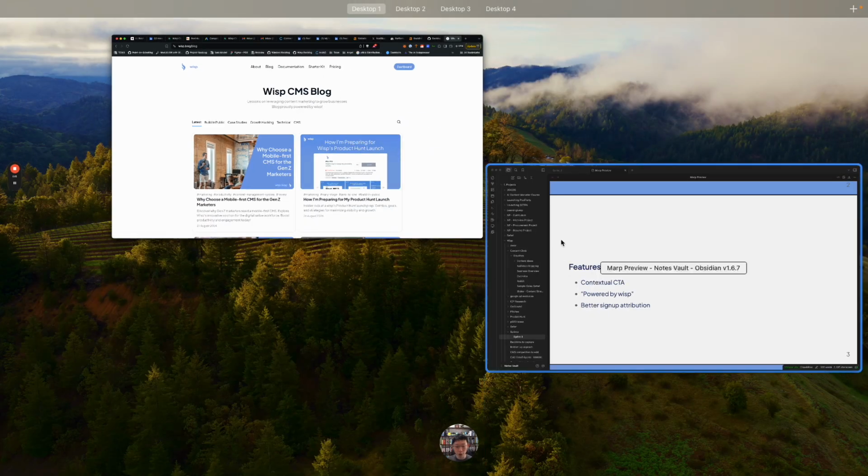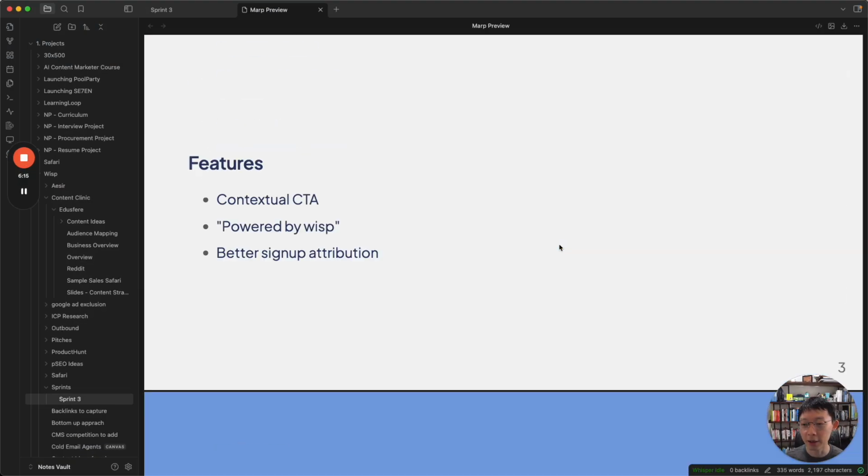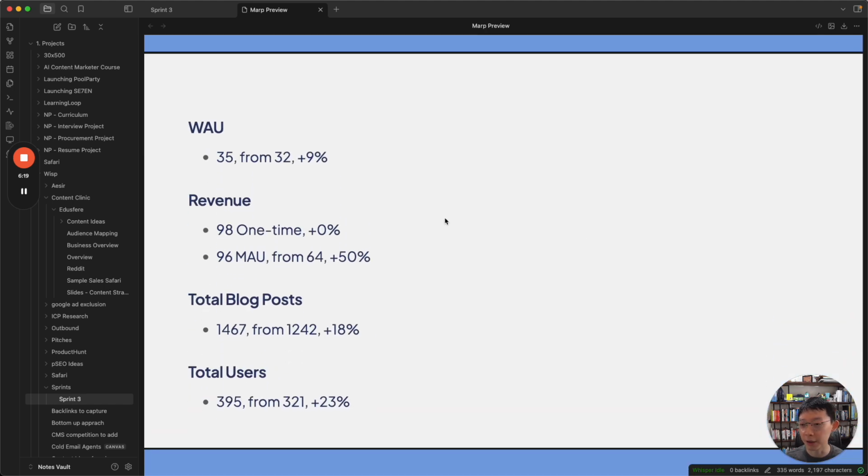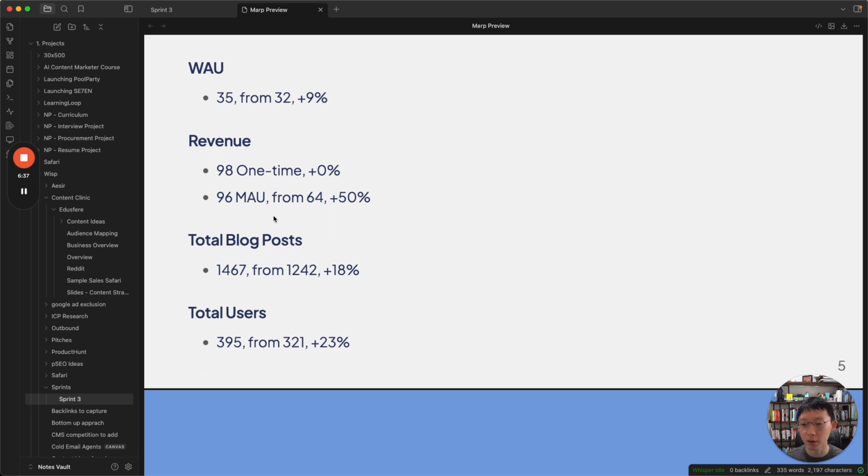Coming back down, sharing some internal numbers in all transparency: Wisp active users are up from 32 to 35. Not too impressive, and earlier on I did talk about using this as a key metric, but I'm having second thoughts now because I think revenue is also very important. So in terms of revenue, we are currently at 96 MRR, monthly